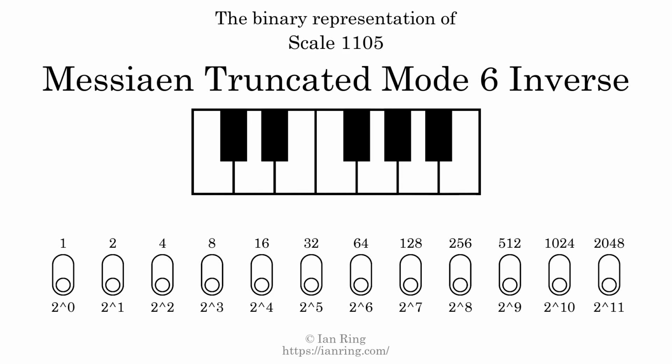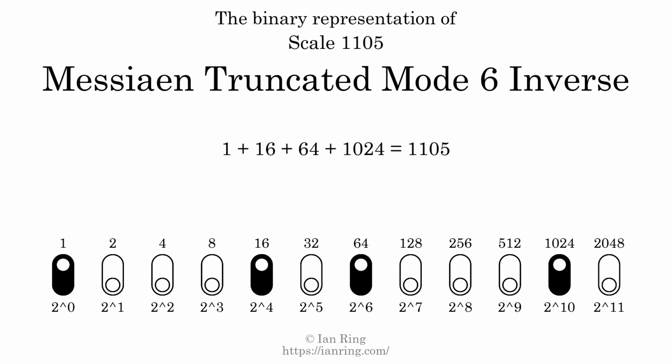The binary representation of this scale is determined by mapping tones of the scale to binary digits. Each binary digit represents a power of 2. To get the scale number, we add the powers of 2 together. The powers of 2 that are present in the scale, all added together, equals 1105. That is why the scale number, in decimal, is